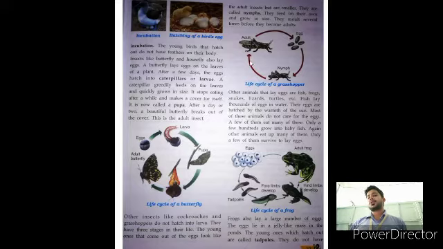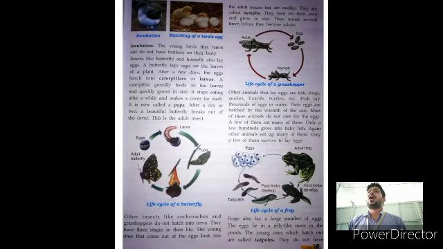The next portion is care of young ones by animals. As we have studied earlier in this class, only mammals take care of their young ones. Other than mammals, fish, frogs, and snakes do not care for their young ones or their eggs. Some animals like mammals and birds take care of their young ones. Human beings take care of their babies. They protect them, clean them and keep them warm. Only human beings look after their babies for a long time.